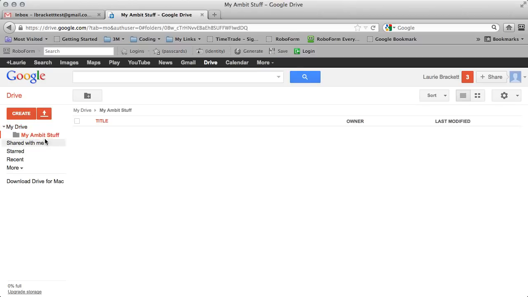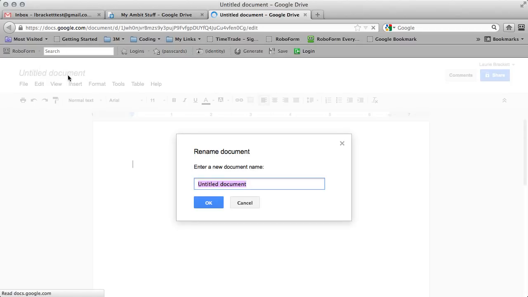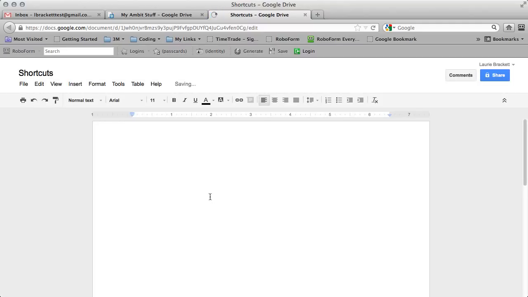So I'm going to go into my Ambit stuff folder, and now I'm going to create a document. You just click up here where it says Untitled Document and give it a name, My First Document. Actually, what I like to call this is Cheat Sheet, or Shortcuts. And click OK. And I'm going to star this as a favorite so it's easy to get to. So the first thing I'm going to do